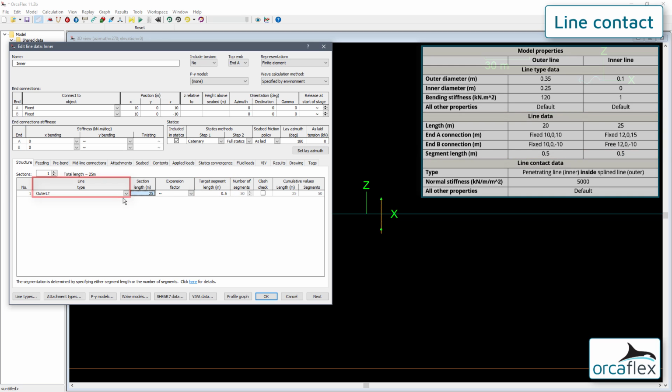It also needs the line type changed to inner LT. The positions for end A and end B are 12, 0 and 15, and 12, 0 and minus 10. And end B should be set to free.